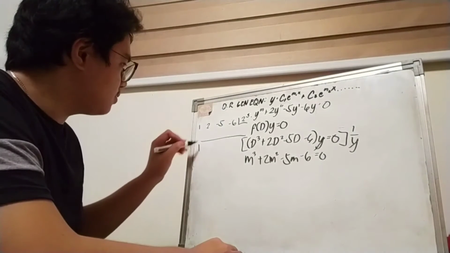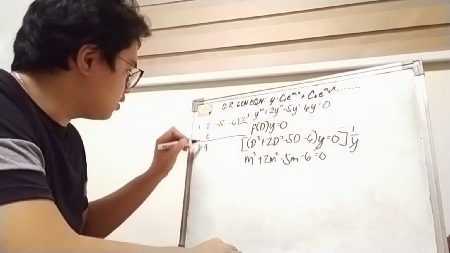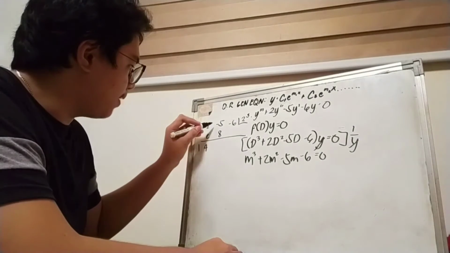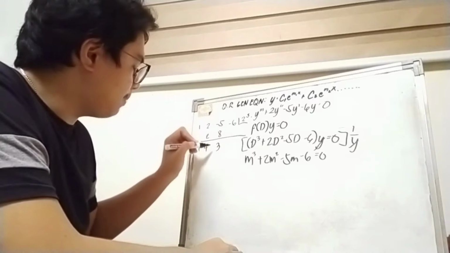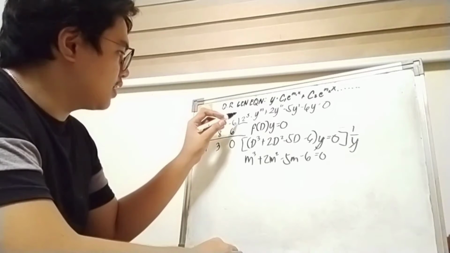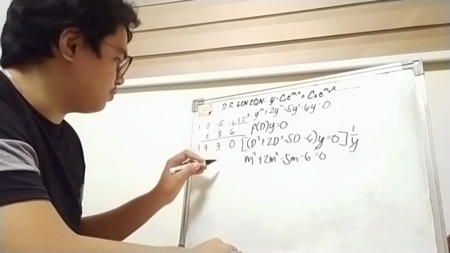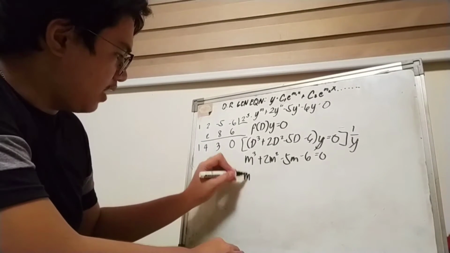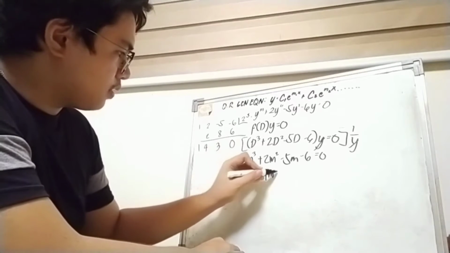Bring down 1. 1 times 2 is 2. 2 plus 2 is 4. 4 times 2 is 8. Negative 5 plus positive 8 is 3. Positive 3 times 2 is 6. So, 0. Ibig sabihin na tama yung ginamit natin na pang divide is pag 0 yung nakuha nating sagot sa last term. So, bali ang magiging factor niya na is m squared plus 4m plus 3